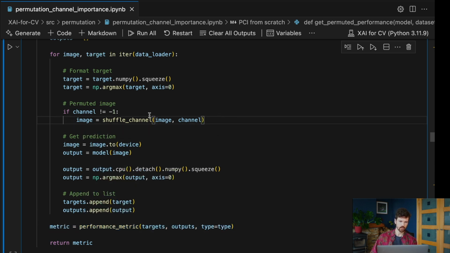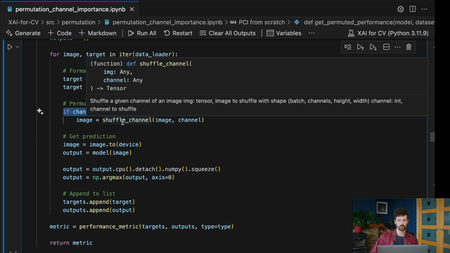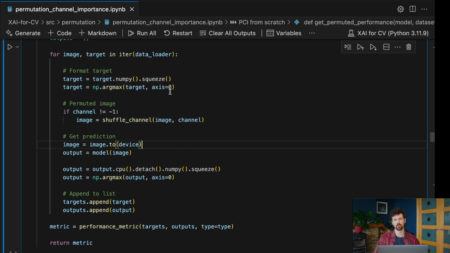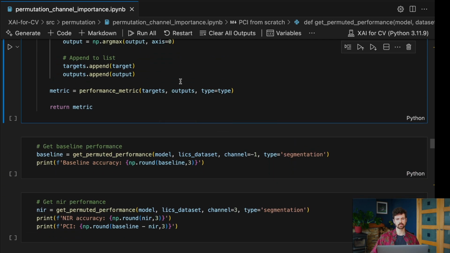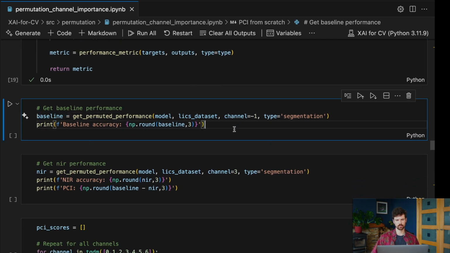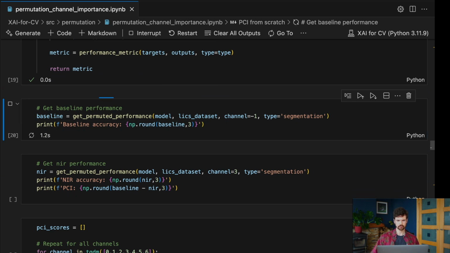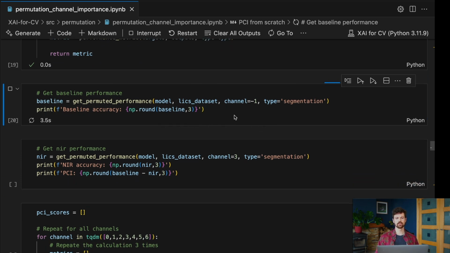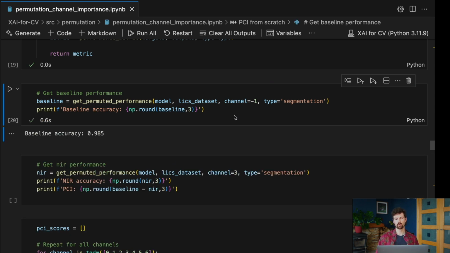And you might notice that there is the option to calculate the performance metric on unpermuted data, or just using our original images. And this allows us to calculate a baseline performance score. Essentially this is just the average accuracy on the test set when none of the channels are permuted. You can see that we have an accuracy of